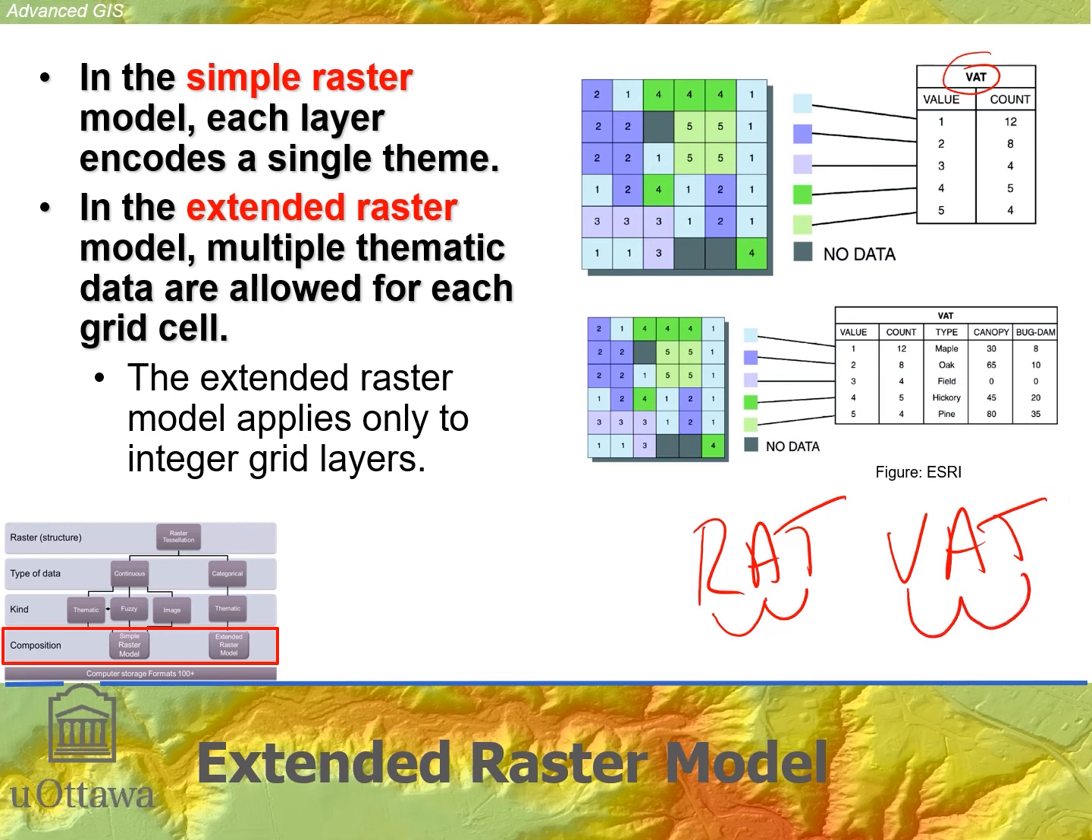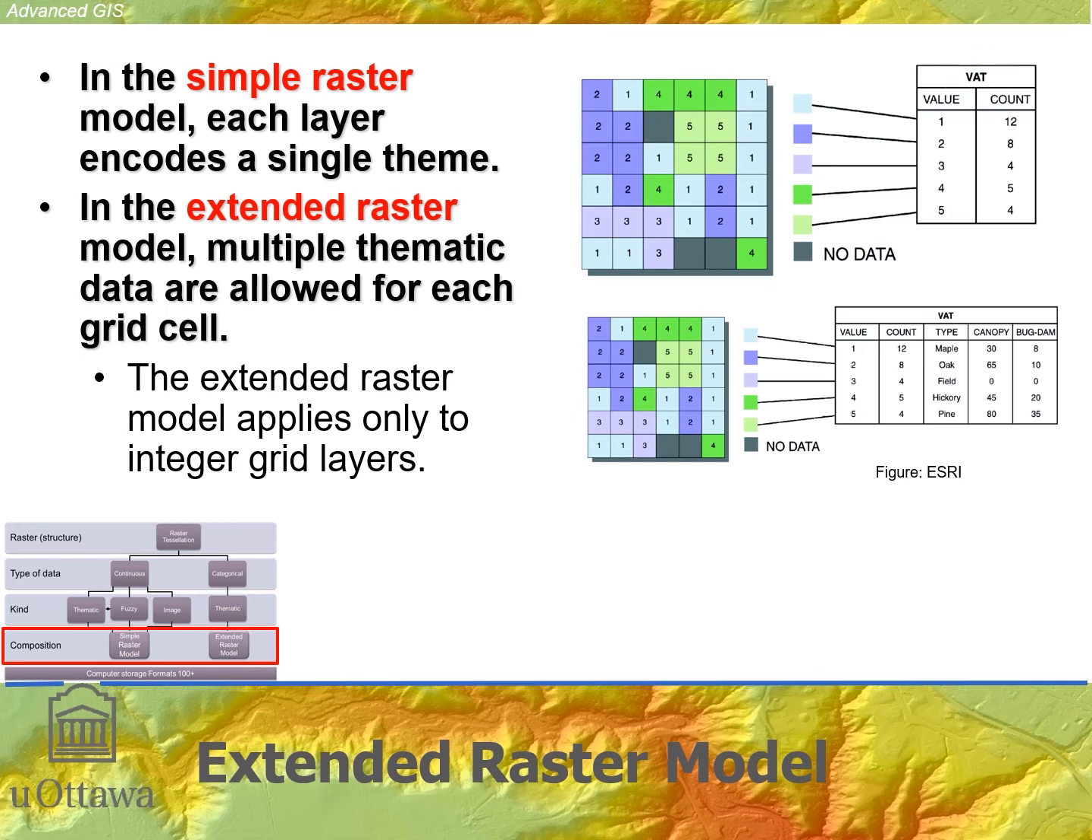So those two acronyms, RAT and VAT, are used for the attribute table that goes along with any integer level data type raster in ArcGIS Pro. And inside of that value attribute table or raster attribute table, we see values, and the values are the cell values. And again, for categorical data,